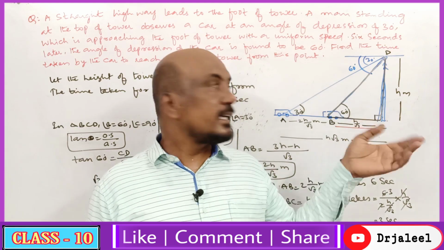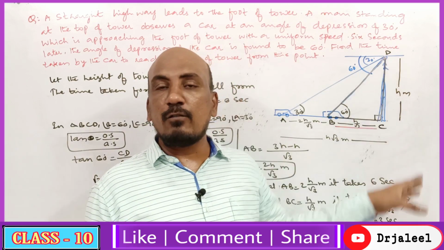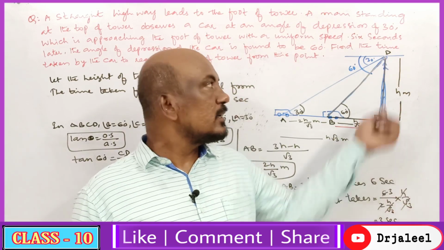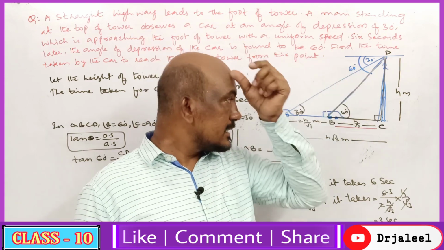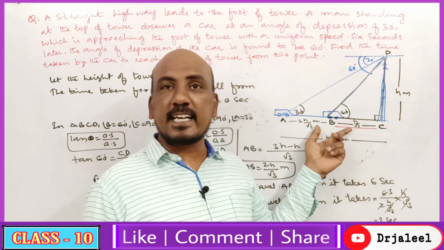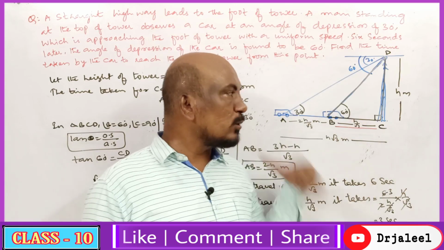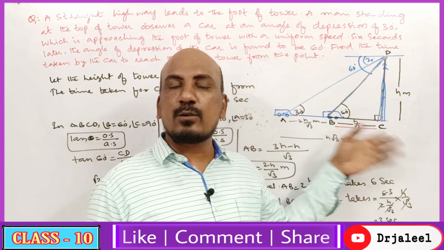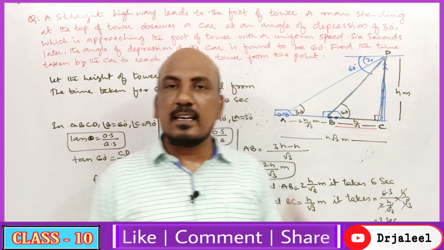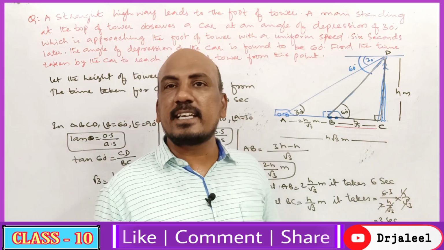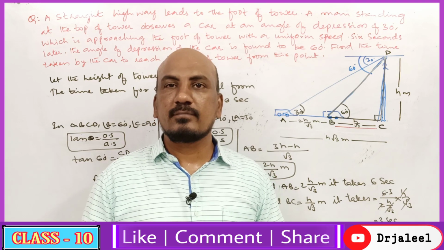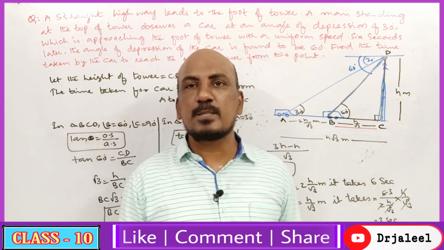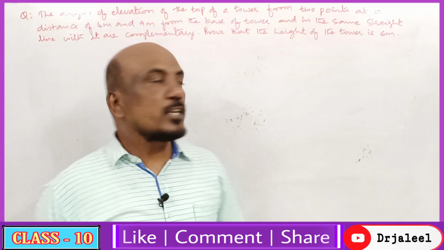So even in the situation of the fort and the soldier, it's the same. The soldier will sit here. He will see the hearts first at angle 30, and then after 6 seconds it will make 60 degrees. Then he will do all these calculations, and he will go to the king and say, Your Majesty, in 3 seconds, so and so hearts will come to the fort of us. So hope you have understood this problem, children.